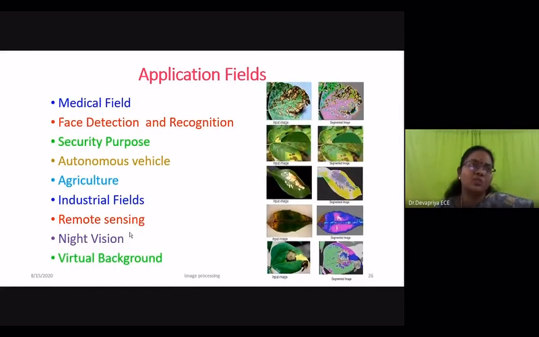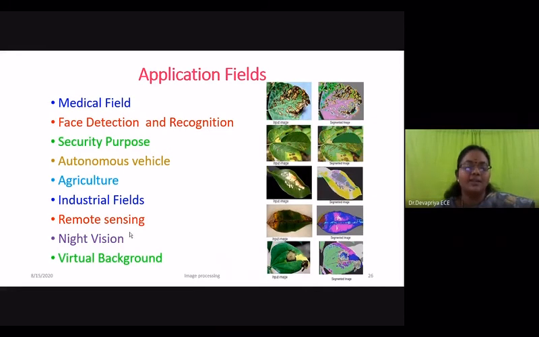installed the image processing concept in a machinery, it has to identify where the apple is and pluck it. How does it know where the apple is? All other regions will be looking brown or green. So the region where there is red, it shows that there is a red color. So it will start plucking the fruits. So in agriculture, it is very useful. It is also used in industries.